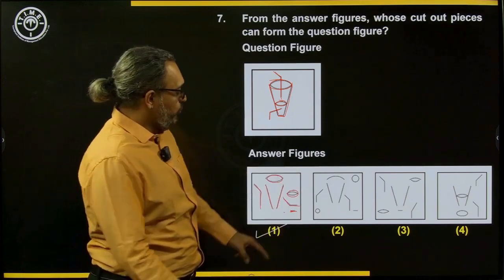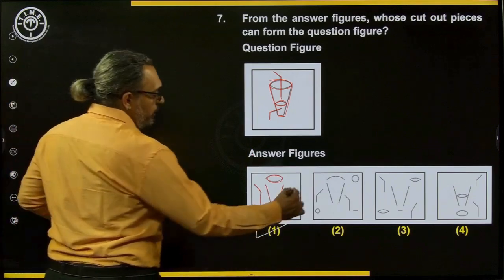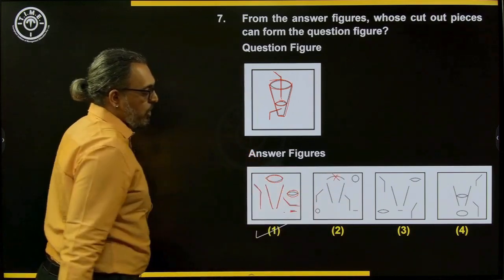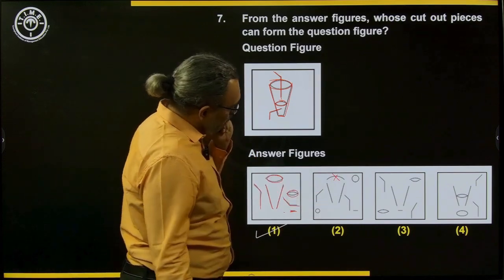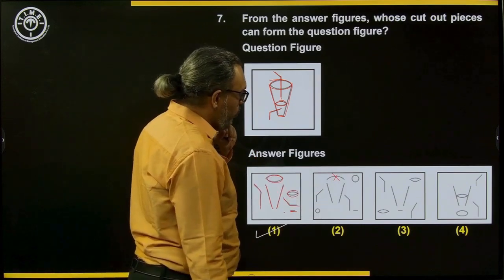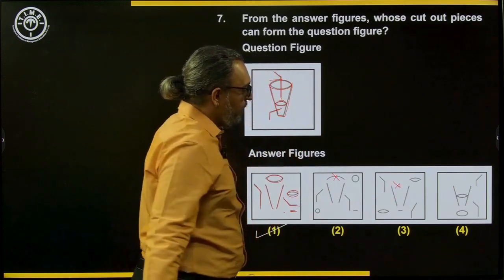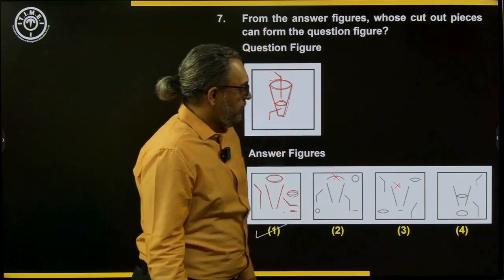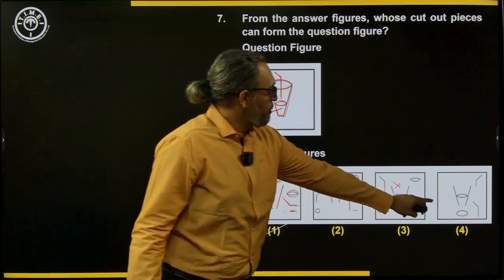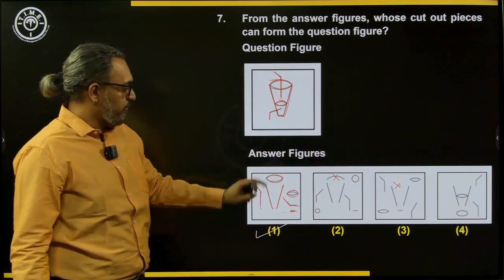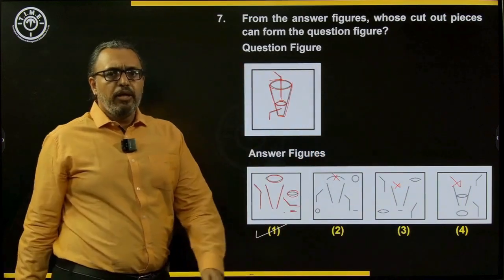So in option 2, you can ignore the second option because we know this curve is not there, correct? And in option 3, you can ignore because again the shape in both are the same. And in option 4, the base is missing and also the shape is not matching except in the first option. Elimination, simple. Okay,